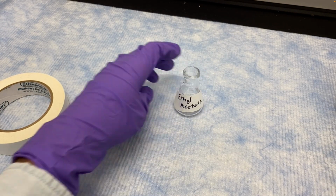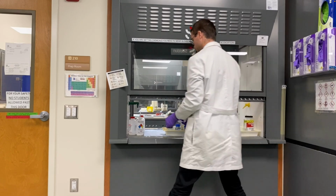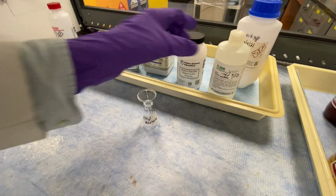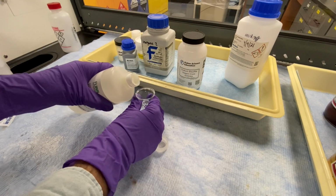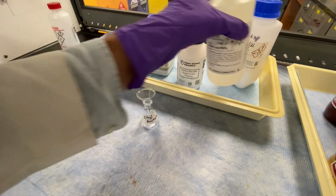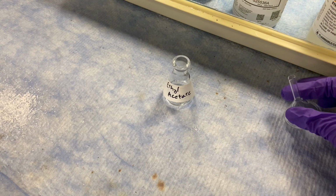So you'll label the flask, you'll bring the flask, a short stem funnel, and a piece of parafilm to the stock fume hood. You'll pour in some ethyl acetate. You'll remove the short stem funnel, and then you don't just want to walk this back to your fume hood where you're doing your experiment,